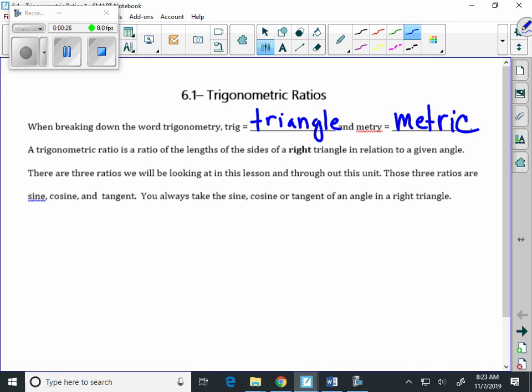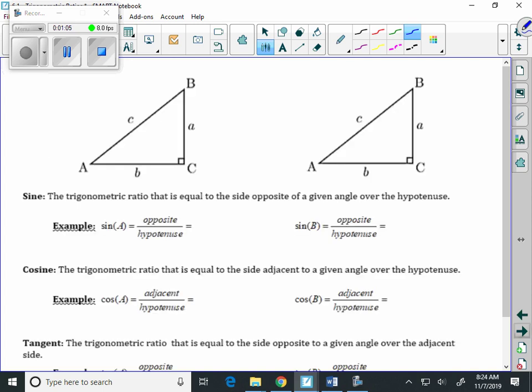And the trigonometric ratio is a ratio of lengths of sides of a right triangle in relation to a given angle. So we're going to look at a particular angle, and then we're going to label the sides, and then we can apply our three ratios that we're going to be looking at throughout this unit. The three ratios are sine, cosine, and tangent. And sine, cosine, and tangent deal with right triangles. So hence we're going to have to go backwards a little bit as well and deal with the Pythagorean theorem. That's probably going to pop up when we get there. But before we look at that,